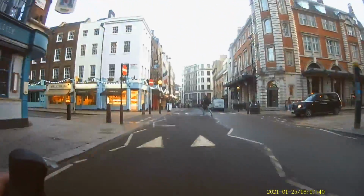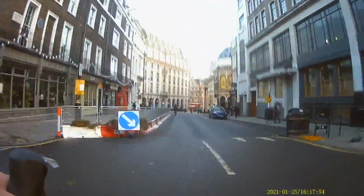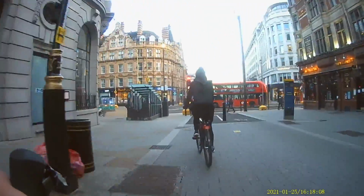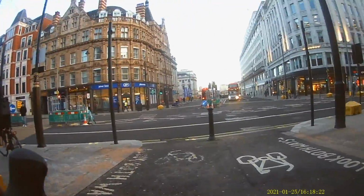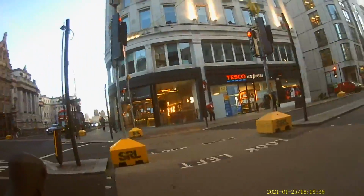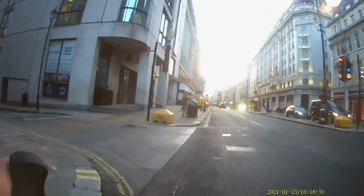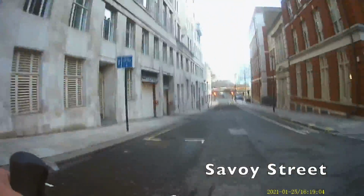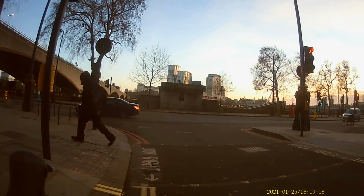You'll see at the end of Bow Street why there's no cars on it, because you can't drive all the way through it. There, see, this is bikes only now, so there's no use anyone trying to drive through it because there's a bollard in the way. Now, here I'm actually just going to get off the bike and cross the road on foot. You can cycle down this way if you like, but to be honest, it's a little bit easier just to go there. And you go down here, down Savoy Street,